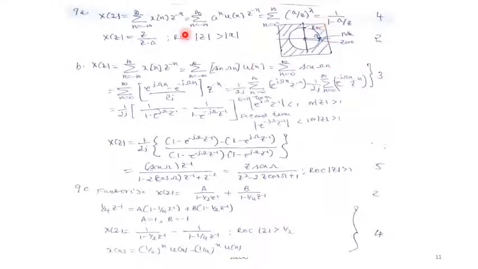Again they mentioned here you have to plot poles and zeros. In this equation, one zero is present at z is equal to 0 and one pole is present at z is equal to e. Zeros you can mention with a small circle and poles with a cross mark. So one pole and one zero, and this is the ROC. The calculation part carries 4 marks, and this plot in the z plane, the ROC and poles and zeros, carries 2 marks. So 4 plus 2.